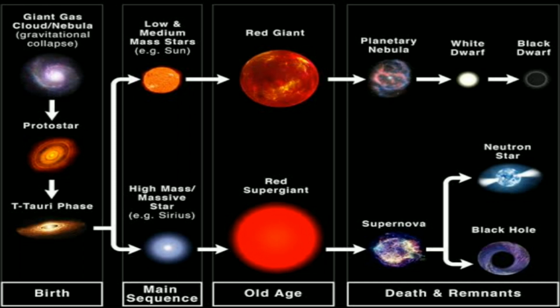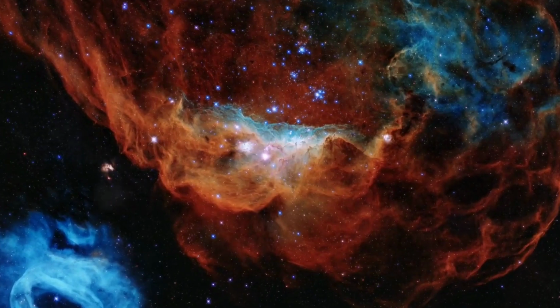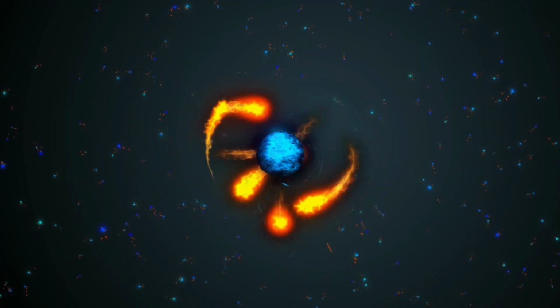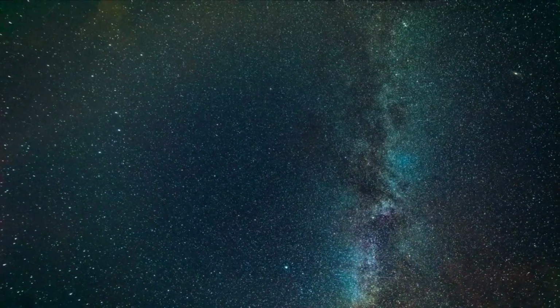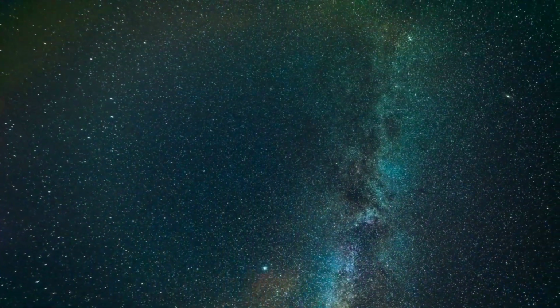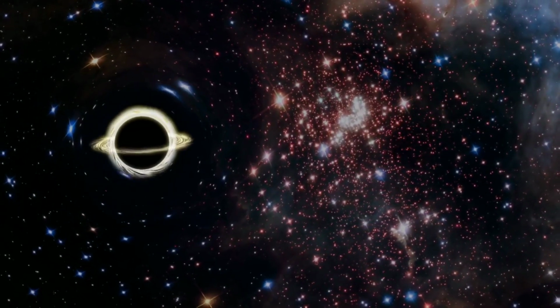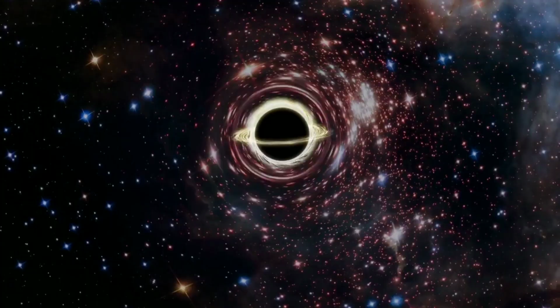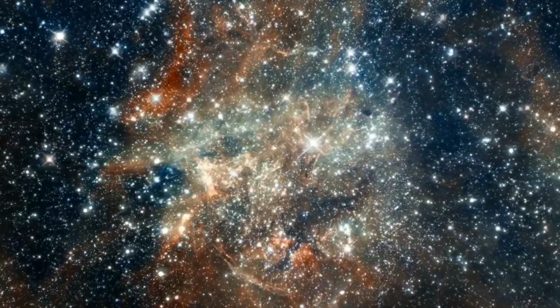The life cycle of stars is a fascinating topic that involves the birth, evolution, and death of these luminous objects in the universe. Stars are formed from giant clouds of gas and dust that collapse under their own gravity and start to fuse hydrogen atoms into helium at their cores. This releases a lot of energy and makes the stars shine. Depending on their mass, stars can have different lifetimes and fates. Here is a brief overview of the main stages of stellar evolution.